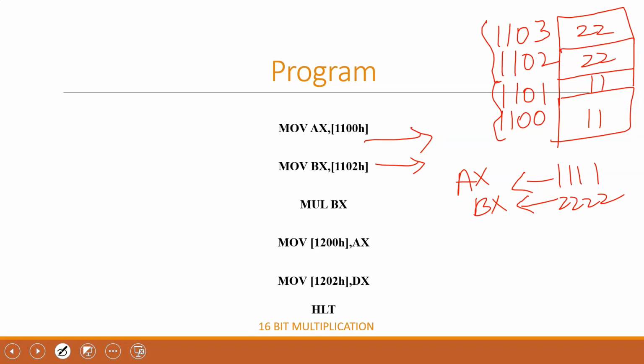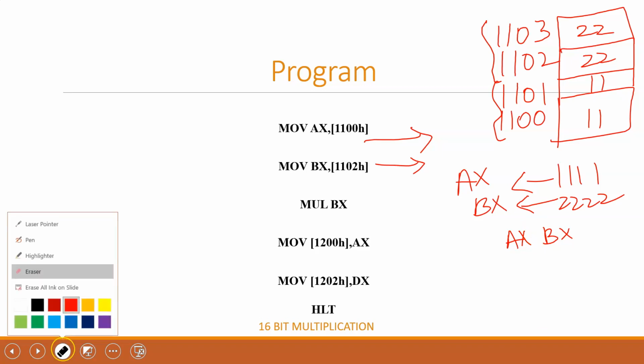And then I am performing MUL BX. I didn't mention any destination operand, so only the source is available. Even though I have given only one register, by default the multiplication operation will always be done with AX register.